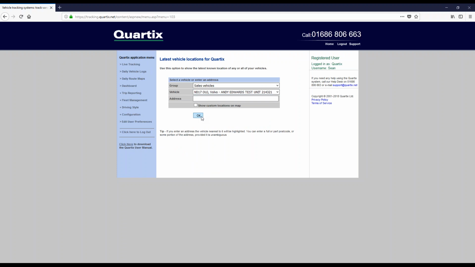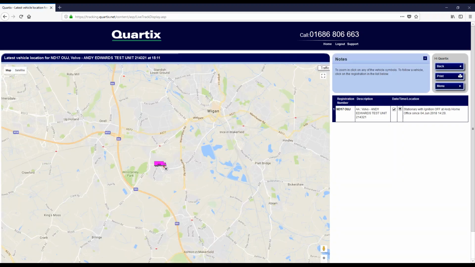So if, for instance, we go into the live tracking now, and have a look at Andy's vehicle here, we'll see him on the map as a pink van. And I must remember to change that back. I'm sure he wouldn't approve of a pink van there. Okay, right. If we go back to the menu